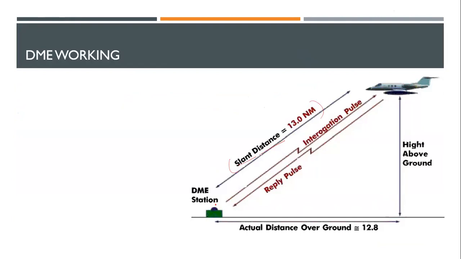Okay. As I told you in the previous slide, this is the DME station. It is also known as the interrogator. Just like in movies, there is one interrogator, the person who's trying to identify which aircraft it is. But in this case, we would not require the call sign, altitude, and all that. We just require the distance. But we need to distinguish the aircraft. All right. So we'll see how it does. But in simple terms, it is an application of your secondary radar.